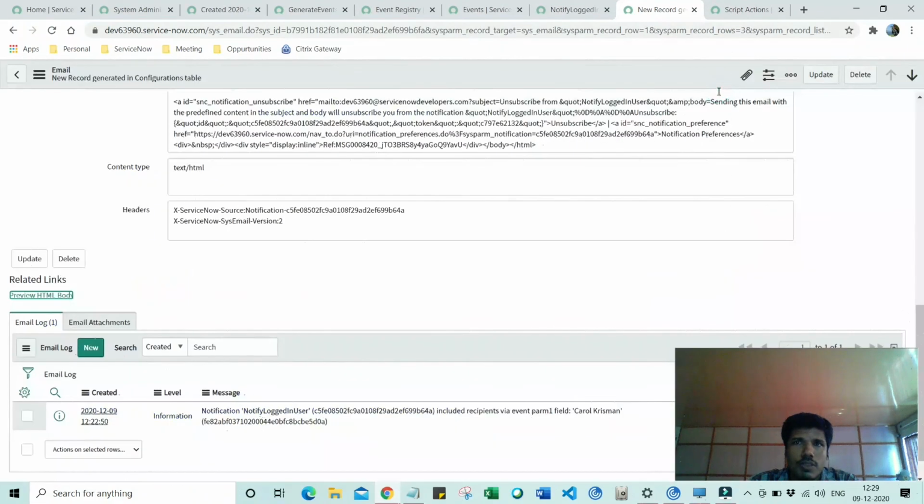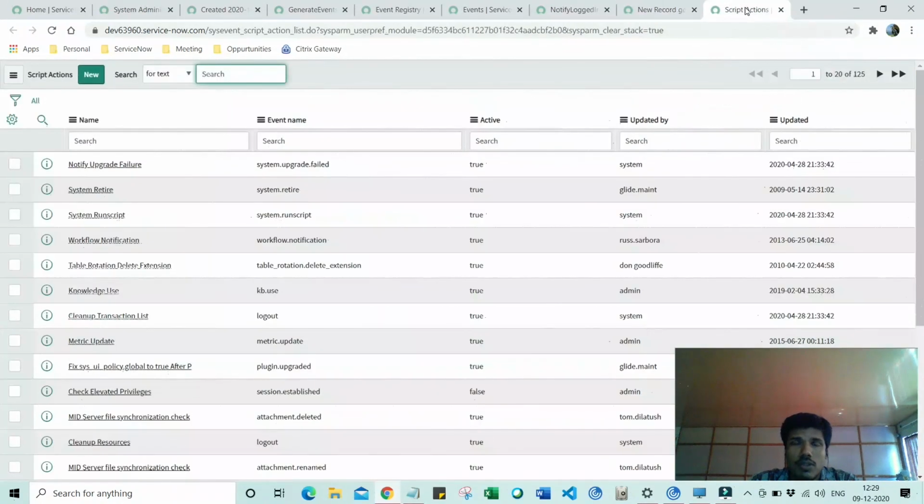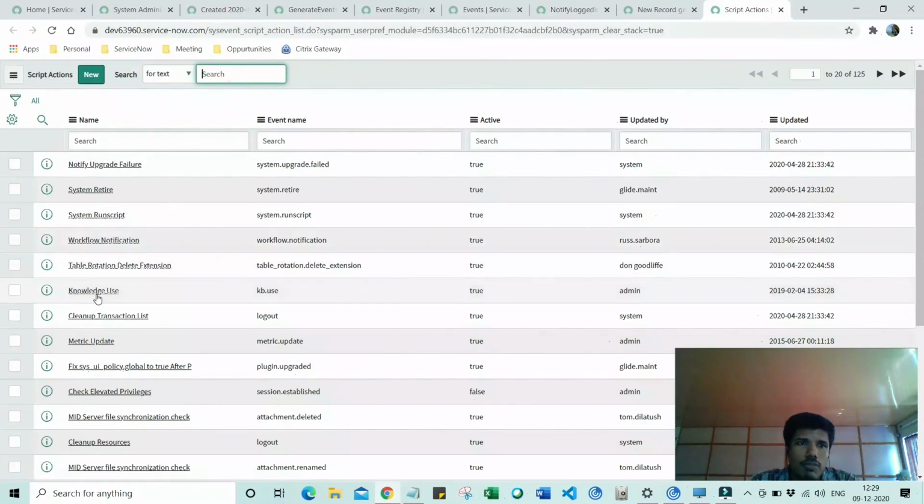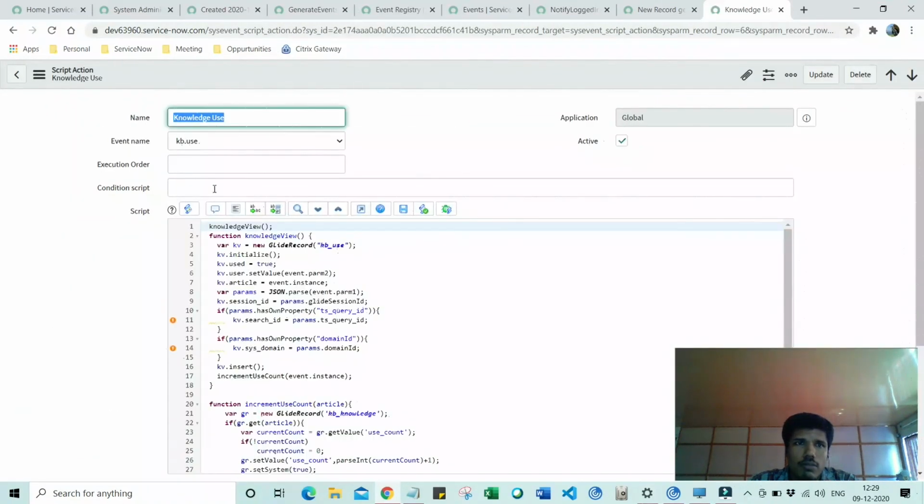Now there's a different place where we can make use of these events, okay, and that's the script actions. So the script action, I'll try and pick up one script action over here. The script action uses the event name as an input. As we saw on the notification, that also did take an event name.